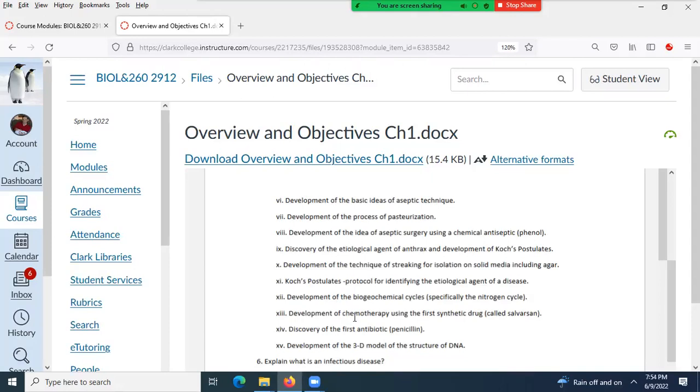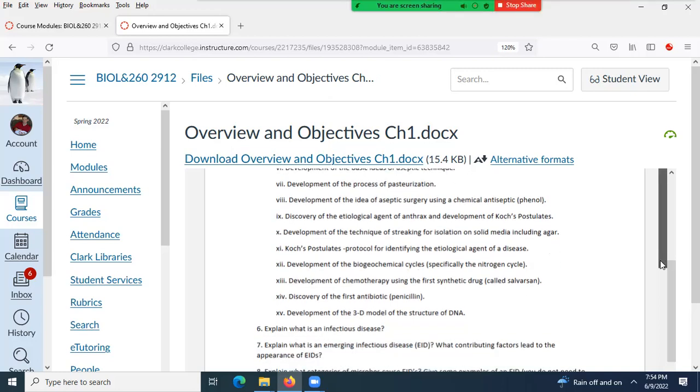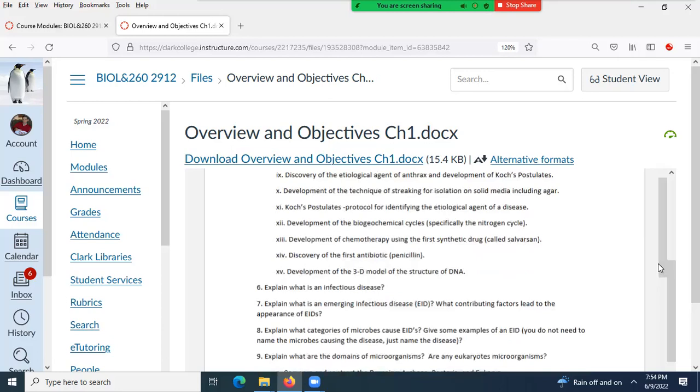Joseph Lister? Say again? Joseph Lister? Lister, thank you. Lister's coefficient. Yes, Joseph Lister was the one who developed aseptic surgery and got it to stick. There was somebody before him who tried to get it going, but he was actually fired. I don't remember, it was the vice president or the president of the hospital was insulted that this other guy was proposing that the doctors wash their hands before performing surgery. And so he fired the guy. But Joseph Lister was the one who got it to stick.